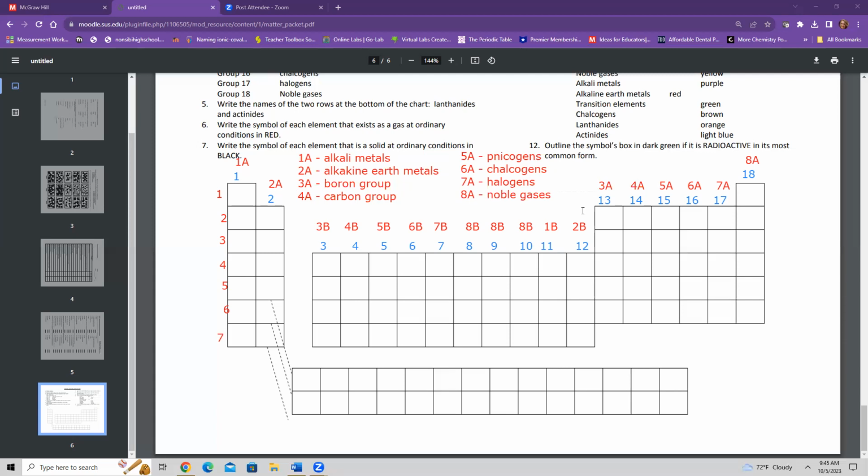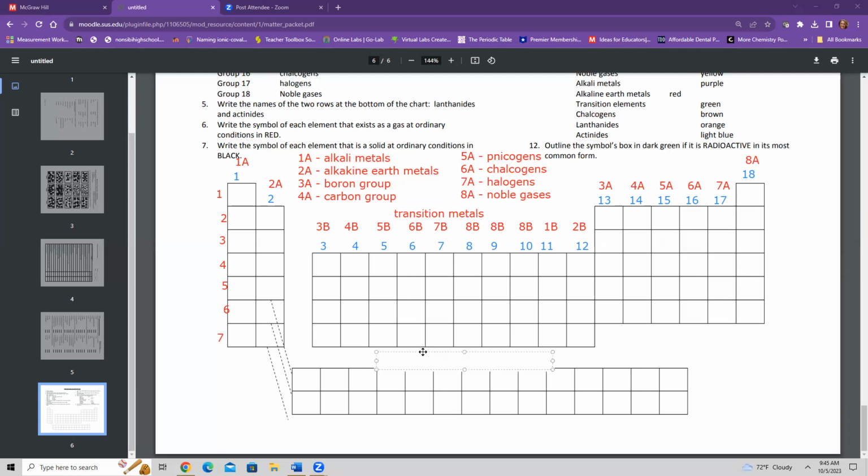Now, there are more things to label, and for that, I want to do them on top of each one. So on top of this whole entire B area, these are known as transition metals. I'm just going to put them right in the middle, like that, maybe. And then down here,